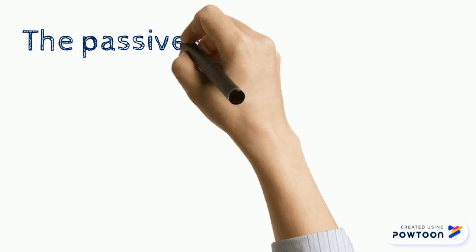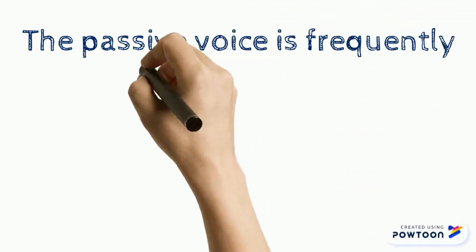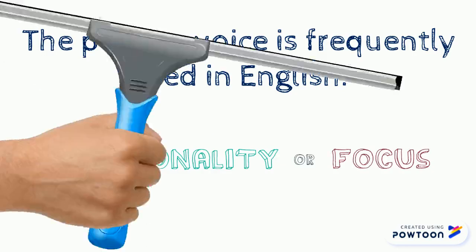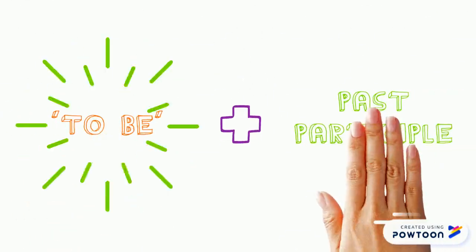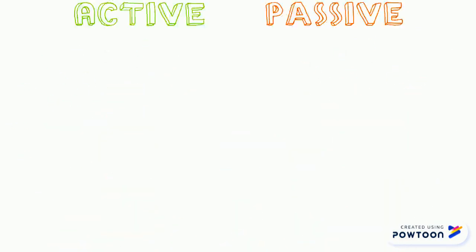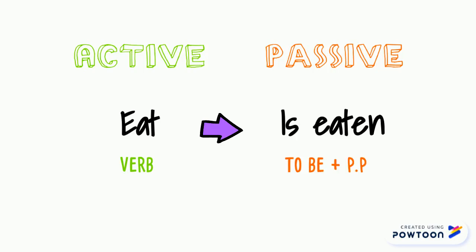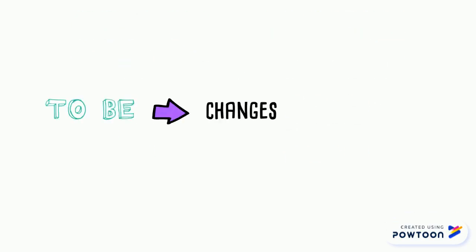Passive voice is frequently used in English due to its impersonality and when we want to put some emphasis on a specific part of the sentence. It always involves the verb to be and the past participle of the main verb. For example, eat, which is a verb, is turned into is eaten, which is the verb to be plus past participle. The verb to be always changes depending on the tense of the sentence and the number of the subject